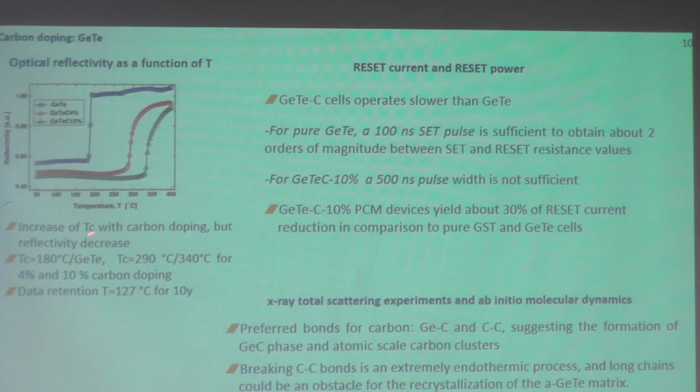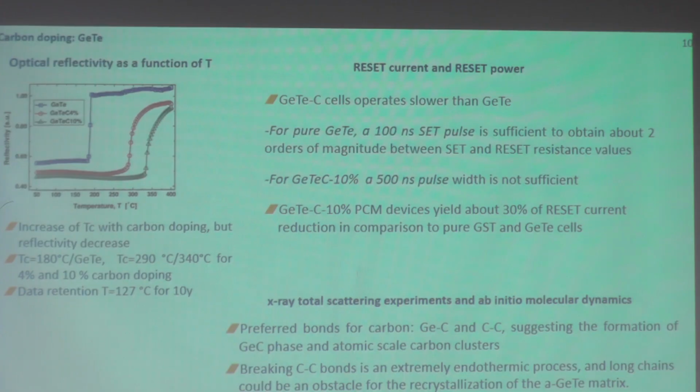Also, to understand these properties like high thermal stability, you can perform some measurements on the bonding, how the carbon bonds to the elements in the germanium telluride. In this case, not surprisingly, germanium bonds to carbon, but surprisingly, there are some carbon-carbon bonds,